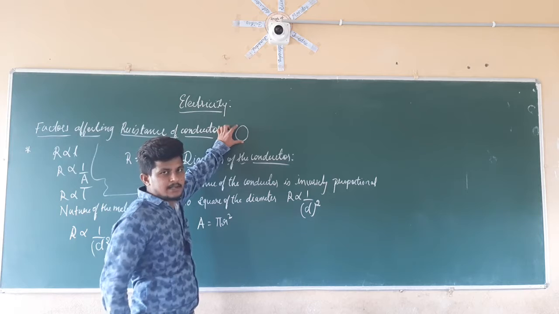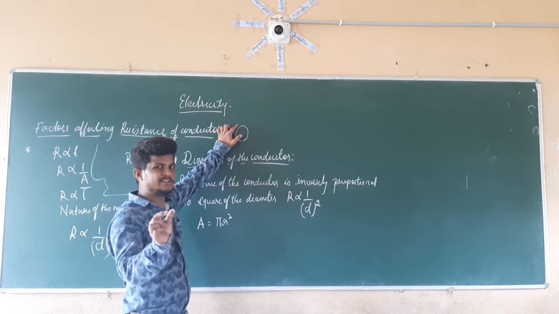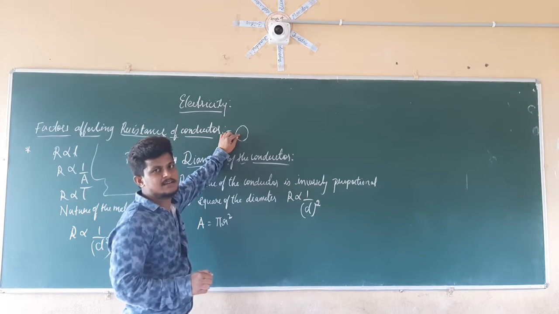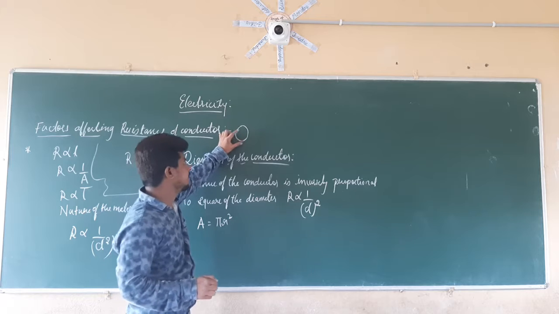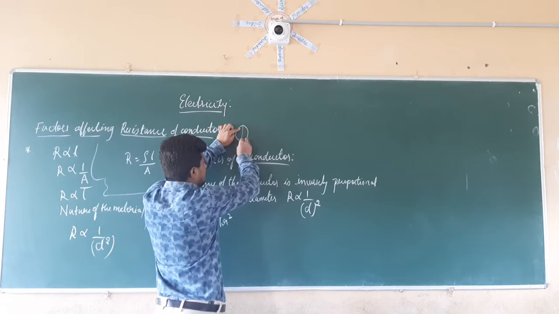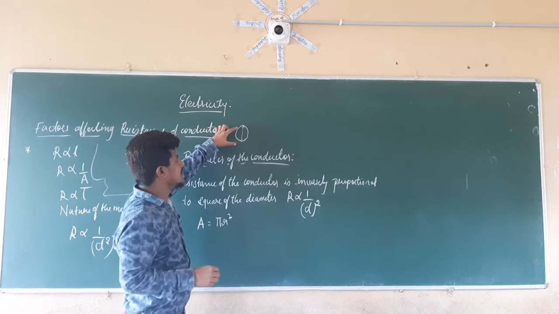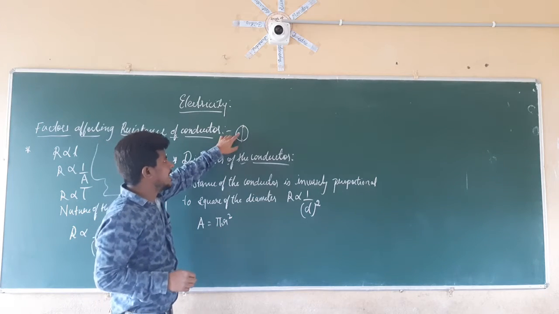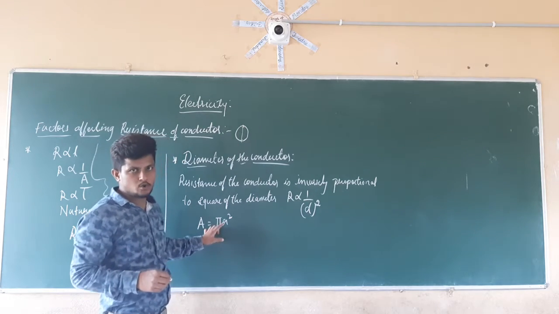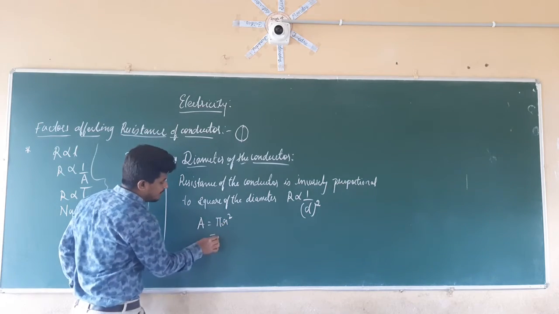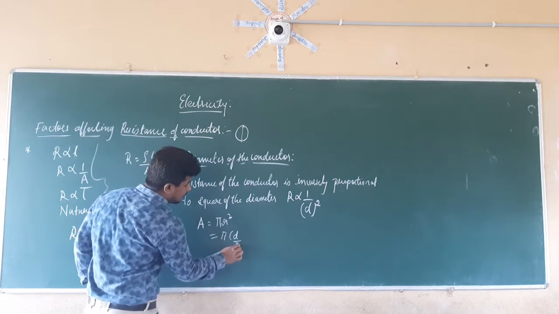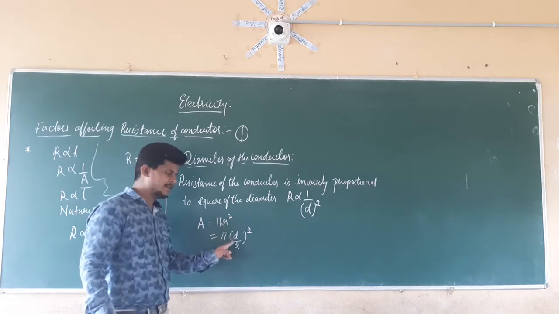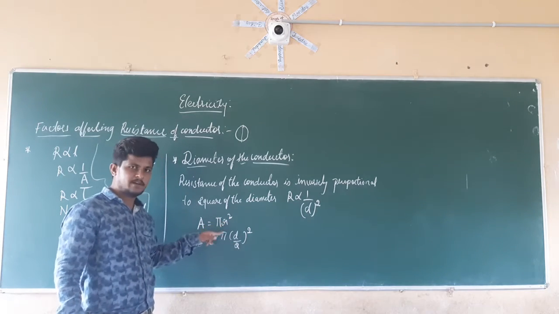Say these dimensions are very small. If you take the wire, those dimensions are very small. So we can't calculate the midpoint, we can't calculate the radius of this conductor. For that reason, we are going to measure the diameter directly. That diameter is directly related to the radius. So diameter D is equal to 2 into R. R can be written as d by 2. Half of the diameter is equal to r. We can write like this.